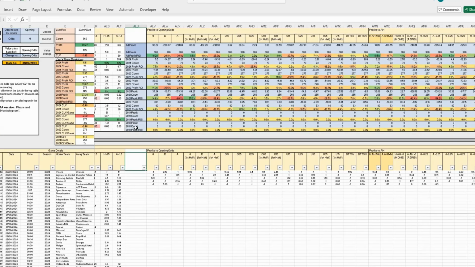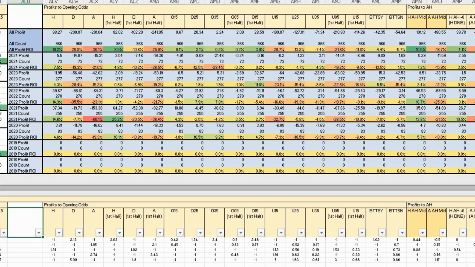One additional thing I'd like to mention is, as mentioned at the start, the focus of this system is purely on profitability to home odds. But what you can do, if you scroll over to the sections on the profits to the various different odds, for example here this is the profit to opening odds, you can see how the system actually performs against all the different odds. As expected, as this is a home odds system, it's going to be very unprofitable to away odds.